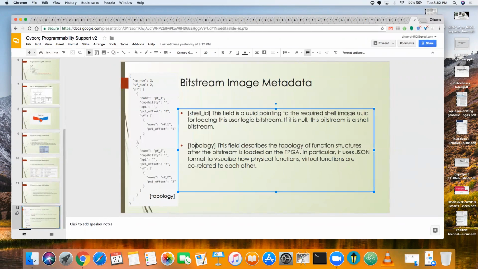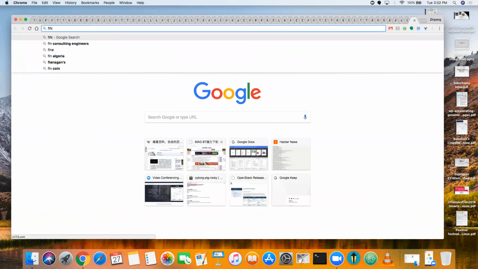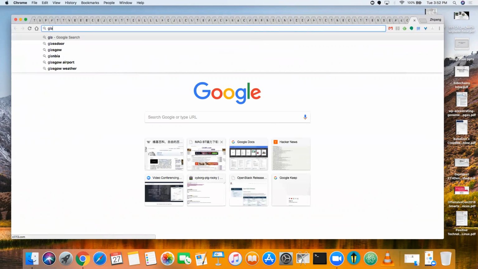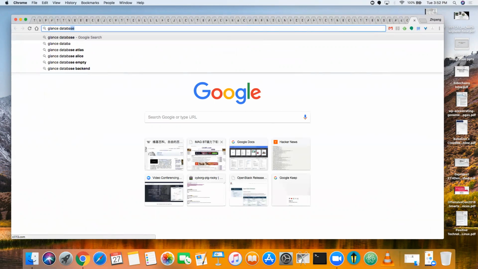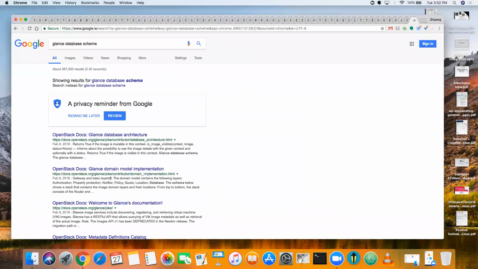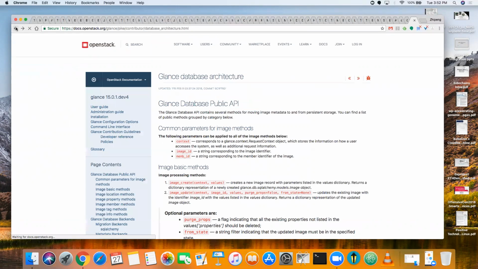Oh yeah, here. So we need some way to identify the actual shell bitstream that's programmed on the FPGA. Okay, so the image ID essentially. Yeah, we can't rely on device, subsystem and vendor ID because those are too general. Even the Glance image ID is not good enough because it varies by operator. Every cloud will differ. Exactly. So you want to put your own bitstream ID. Yeah, makes sense to me.